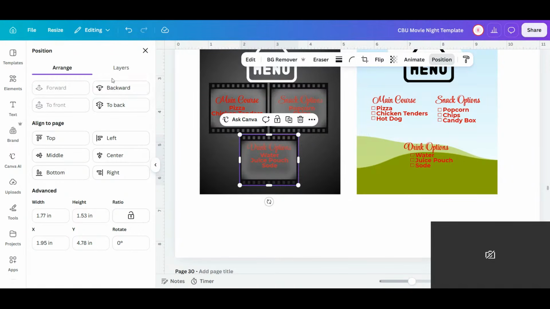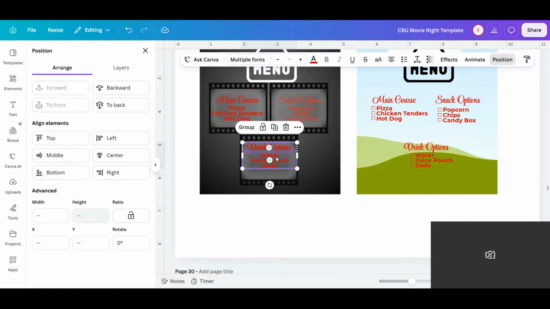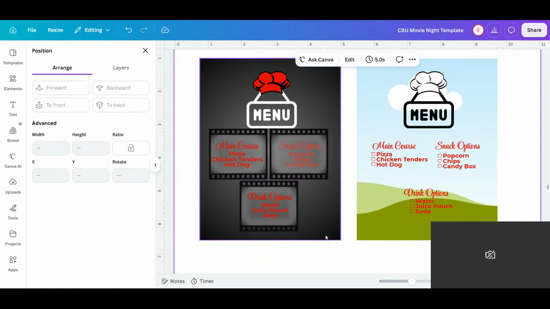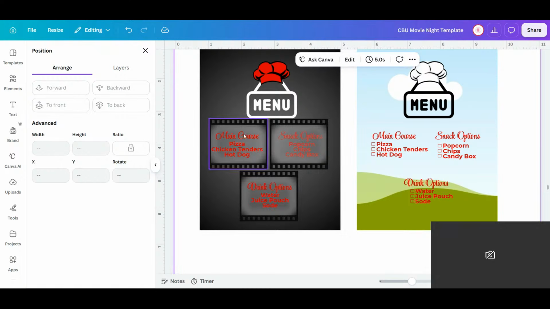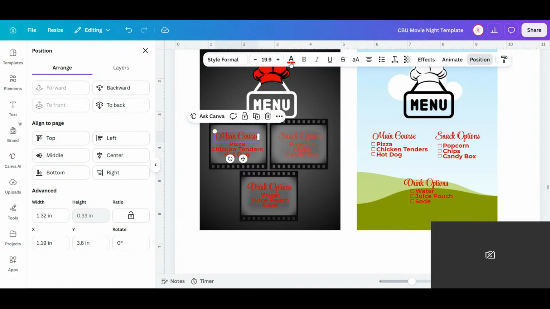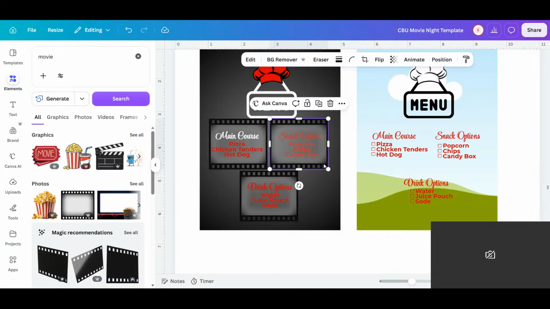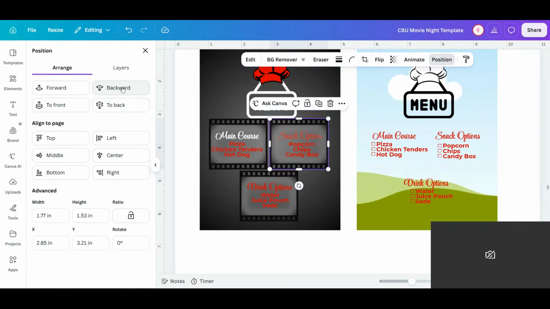So position backwards. Of course, the words I would switch because see, this is kind of cute too. For the words, I would switch the colors because the red is blendy, too blendy. Okay, so we switch. We'll position this backwards,